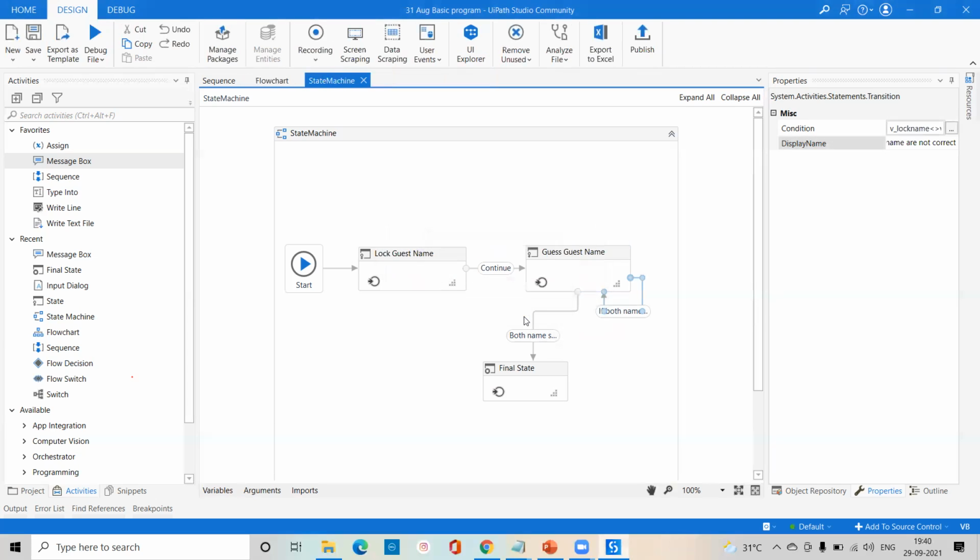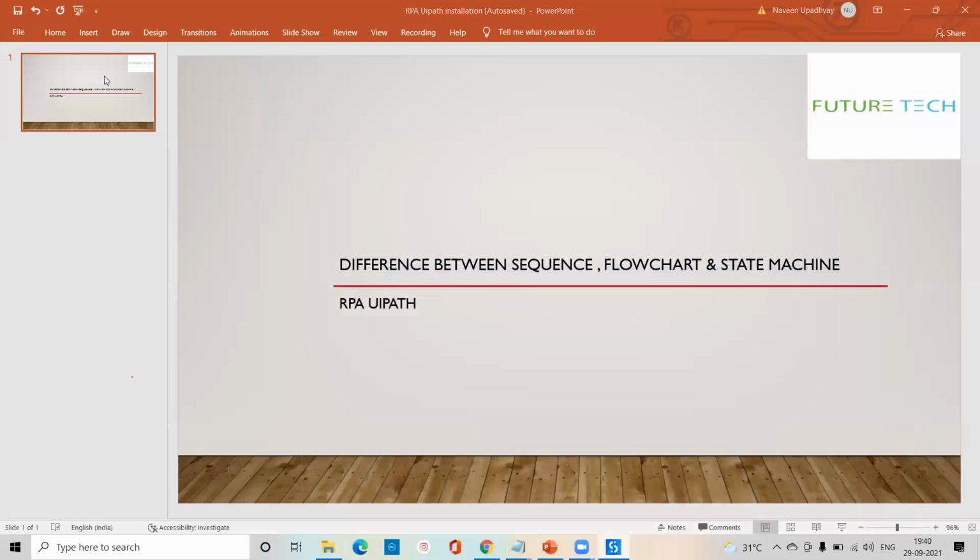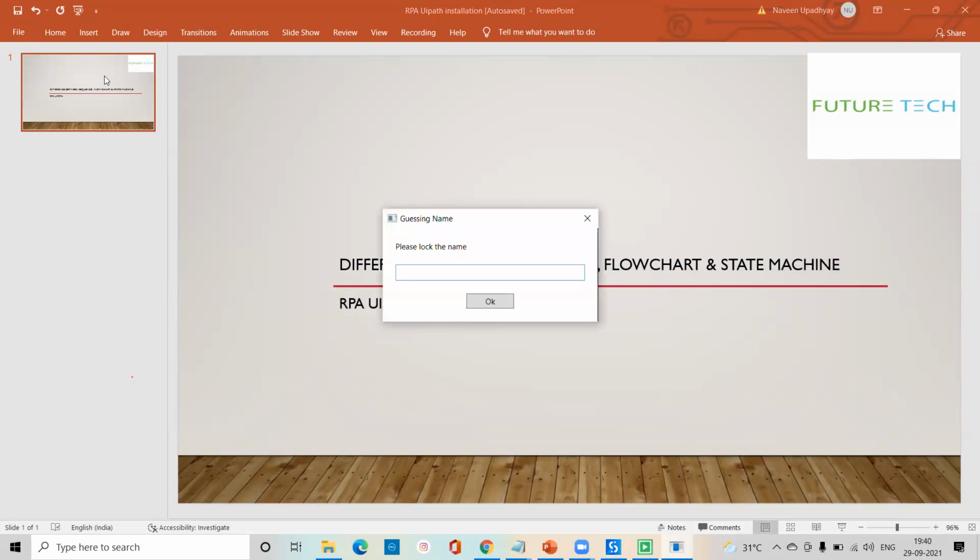But in the second situation, suppose anyone provides a different name, I will show you what happens. Because if you're working on multiple projects and processes, right now, if your condition is true, we're getting fine. Suppose here I give the name as double A automation.